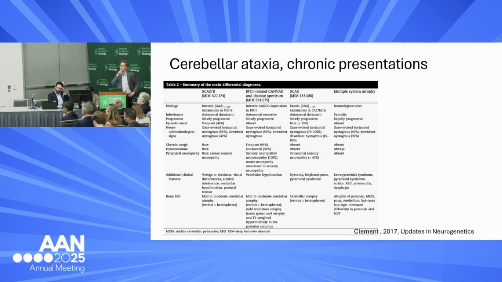In neurotology, we tend to see the subtle cerebellar ataxias that come through, not the profound ones. And there have been some advances in our understanding of these subtle cerebellar ataxias, which used to be very idiopathic. So this was a review that was done a few years ago that really brings out SCA27B and also RFC1-related CANVAS syndrome, in addition to SCA6, which are probably our three most common